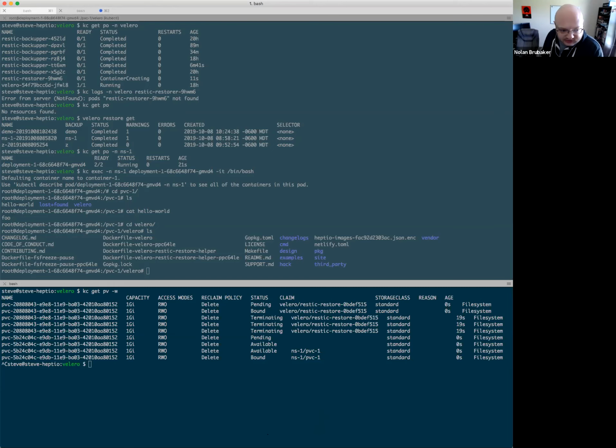From the implementation side, it sounds a little simpler to me, but it does mean we can't back up stuff that's directly on a pod. Correct. Yeah, it has to be through a PVC and PV, which reduces the tool's flexibility. Correct.